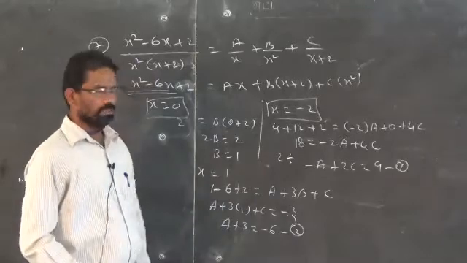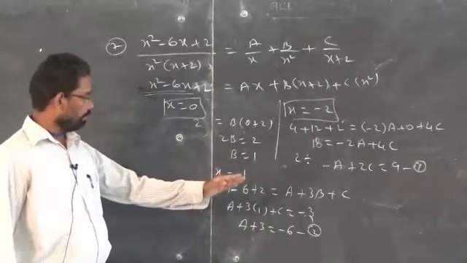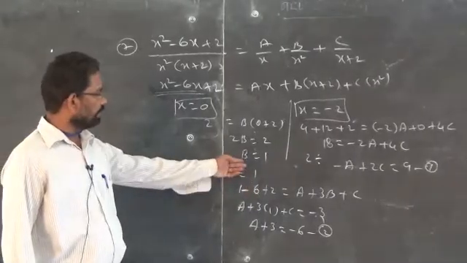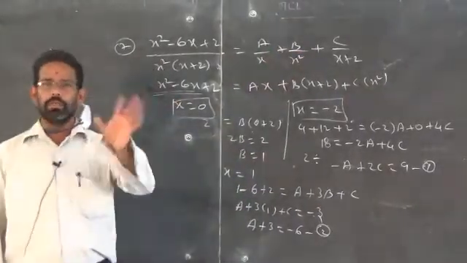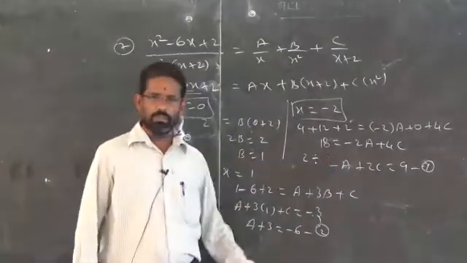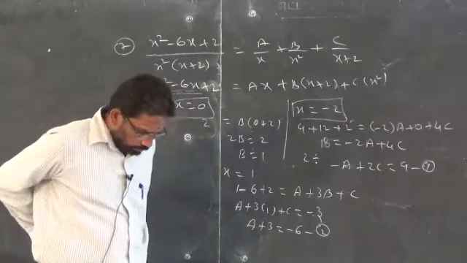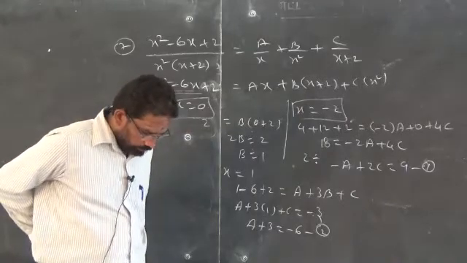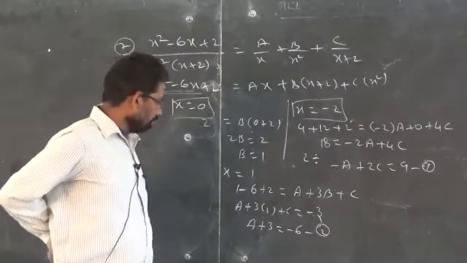Solve these two equations by applying the elimination method. You will get the value of a and c. We found already what b is. Just replace in this format, you will get the answer. That you can do at home. That solving method you are supposed to do at home. Clear? But this also, I don't know whether it is correct or wrong.